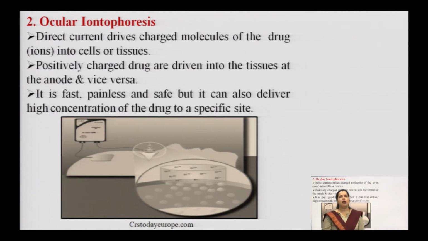and vice versa. It is fast, painless and safe, and it can also deliver a high concentration of drug to a specific site. Now, I will brief about the picture. You see, this is the device, it has two types of electrodes, anode and cathode, and this device is put on the head of the patient, and this is on the eye of the patient. This wire or electrodes is put on the eyeball of the patient,